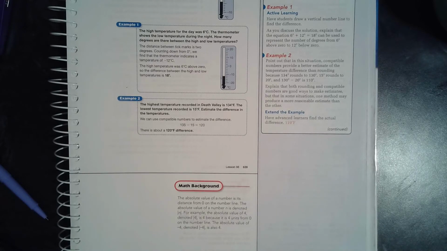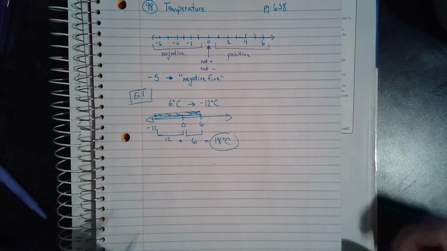All right, now let's look at number 2. The highest temperature recorded in Death Valley is 134 degrees Fahrenheit. The lowest temperature recorded is 15 degrees Fahrenheit. Estimate the difference in those temperatures. So we're going from